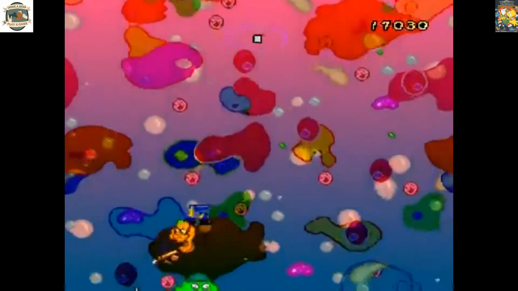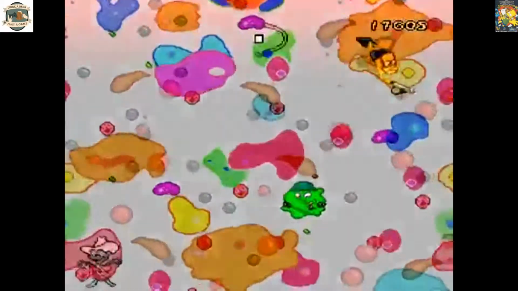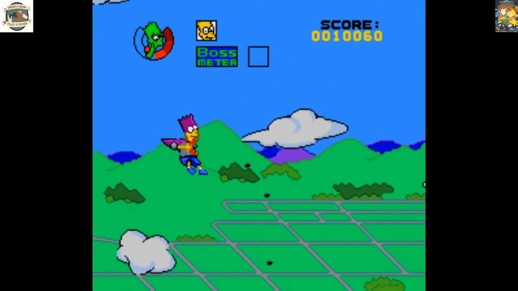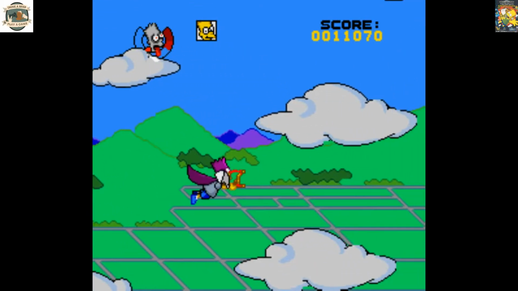The basic formula is, let's have a Simpsons game. Let's throw the Simpsons in scenarios, particularly Bart, in scenarios that other games have already provided, whether it be shooter, platforming, puzzle, yada yada yada. This game does nothing new. And it's really just kind of,